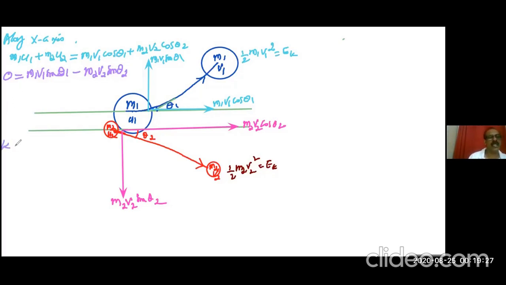Now kinetic energy is also conserved. Before collision, half m1 u1 squared plus half m2 u2 squared. After collision, half m1 v1 squared plus half m2 v2 squared, because